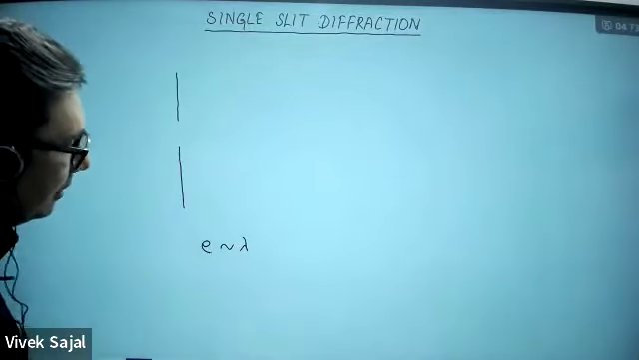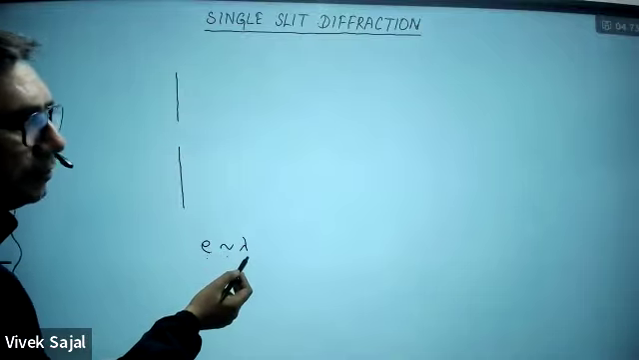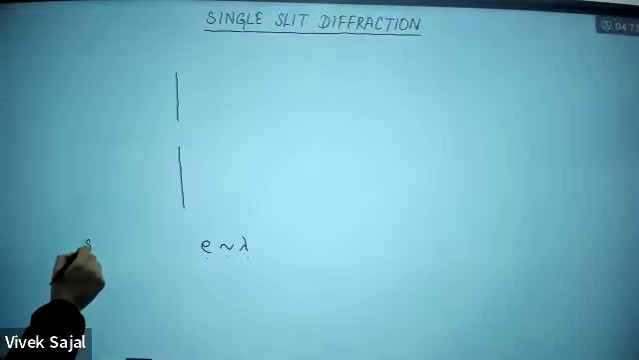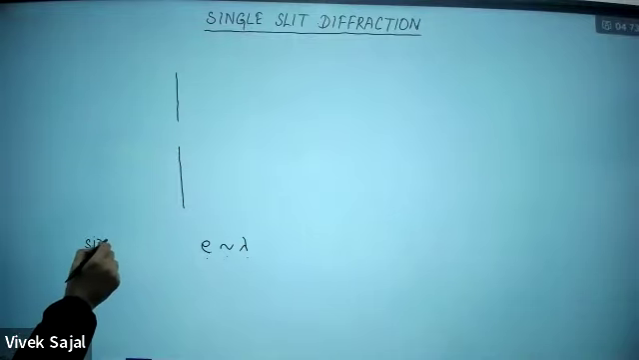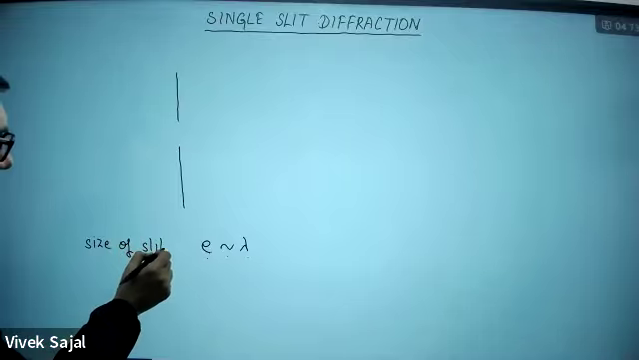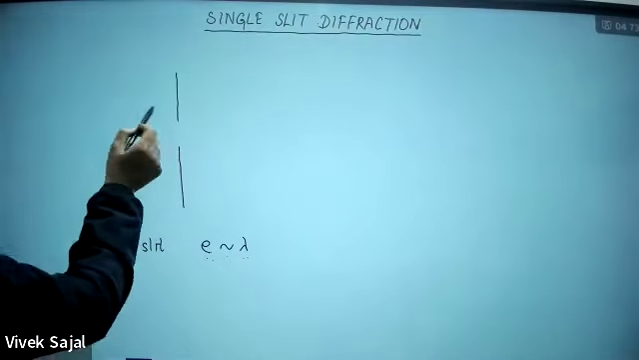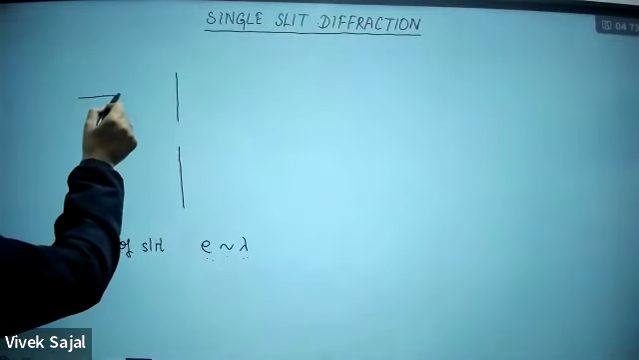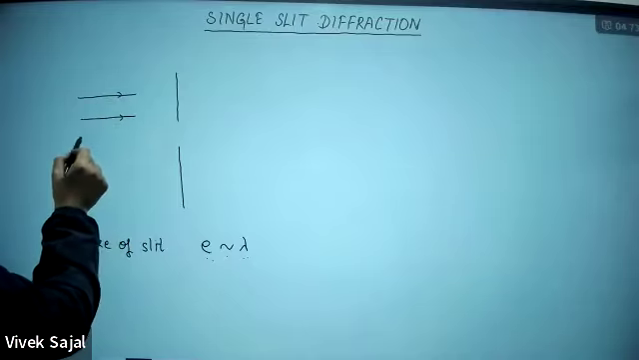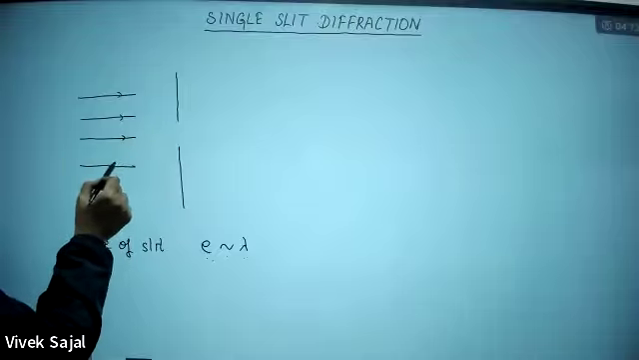So what is the condition? The condition is that the size of the slit E should be of the order of the wavelength of the light. E is the size of the slit, and this is of the order of lambda. Then, if you illuminate this slit by a planar wavefront, if a planar wavefront is incident on it, then what you are going to find out